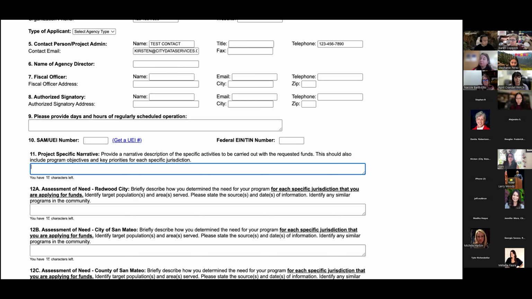So just know that we've had some issues with that, where people are trying to work on the same thing at the same time, and then it's saving one person's version and not the other person's, and then they're both emailing us saying, oh, so-and-so's work didn't get saved, because they're both clicking save at the same time. So just know that only one person should be working on your application at a time, and save as often as possible.